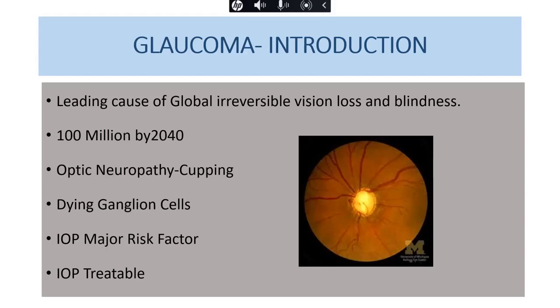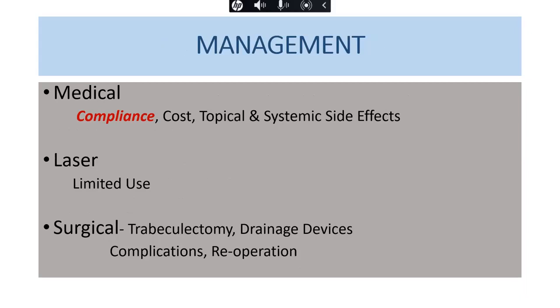So the treatment of glaucoma is to control the intraocular pressure, and we know these are the three conventional methods which have been going on for so many years, so many decades, in fact: medical, laser, surgical. Now, these three treatments,